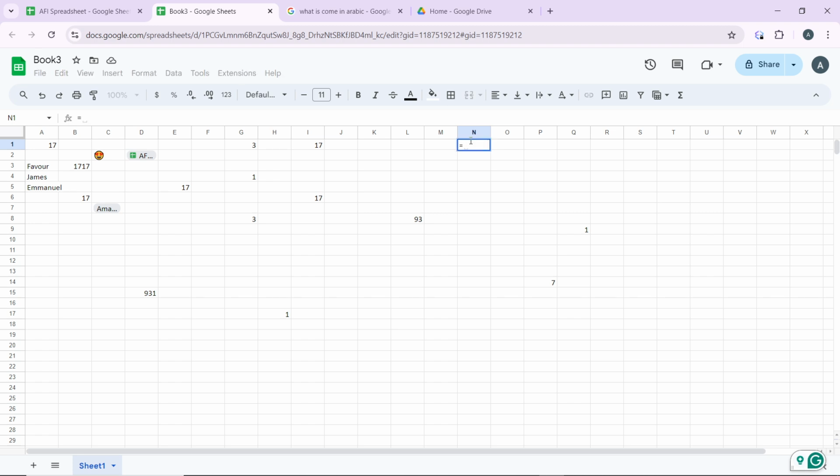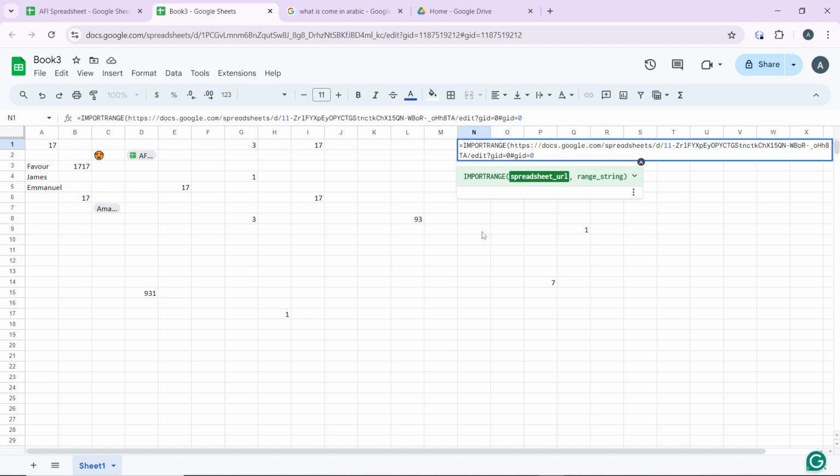All right, so equals, then IMPORTRANGE, then open parentheses, then just go ahead and Control V. After doing that, close the quotation mark and add a comma, then give a space, open your quotation mark again, and put in the name of the sheet, which would be a fish spreadsheet,